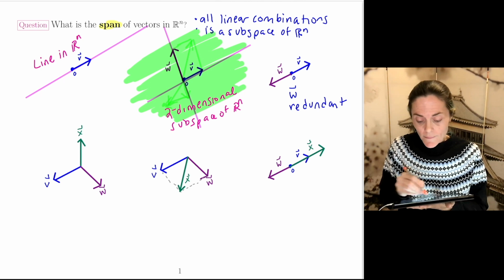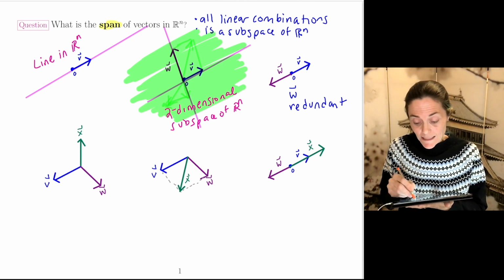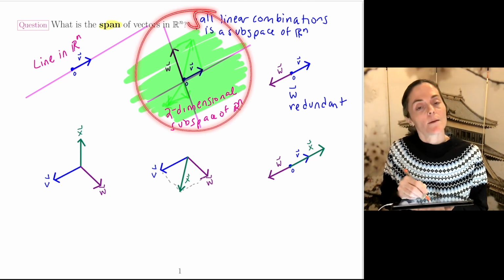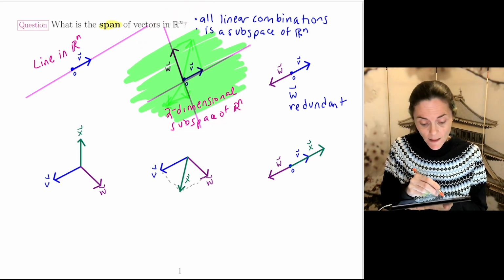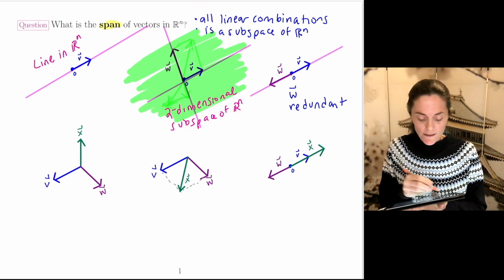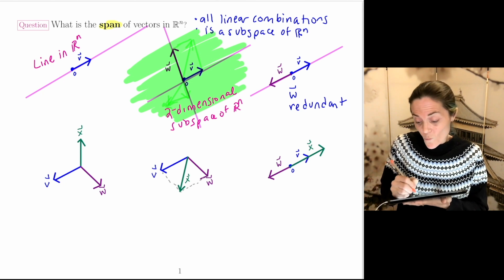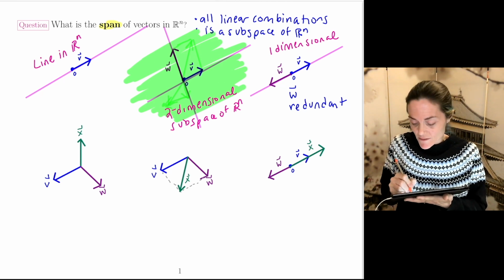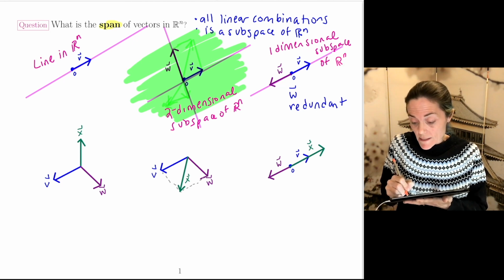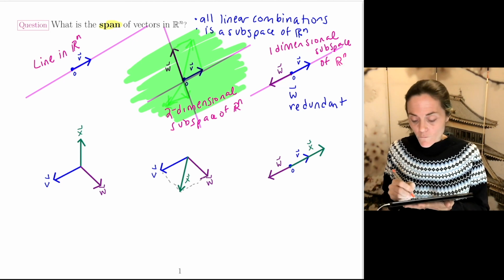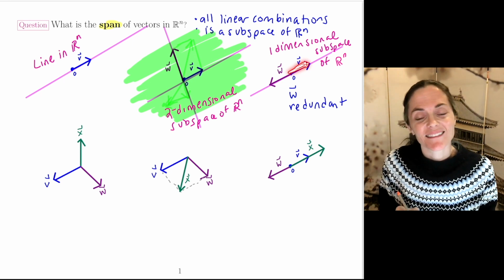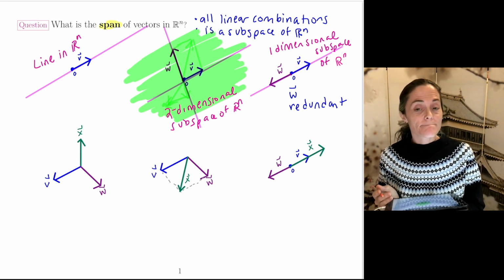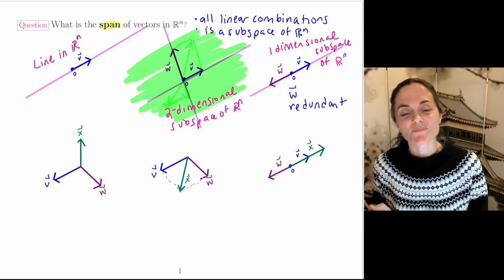And so here, I do not get a plane as I did in this example with two vectors. I will just get a line, and it will be this line. So here I get a line, or a one-dimensional subspace of Rn. Because of the redundancy, note that in this example, I only have one linearly independent vector that you can take as vector V.